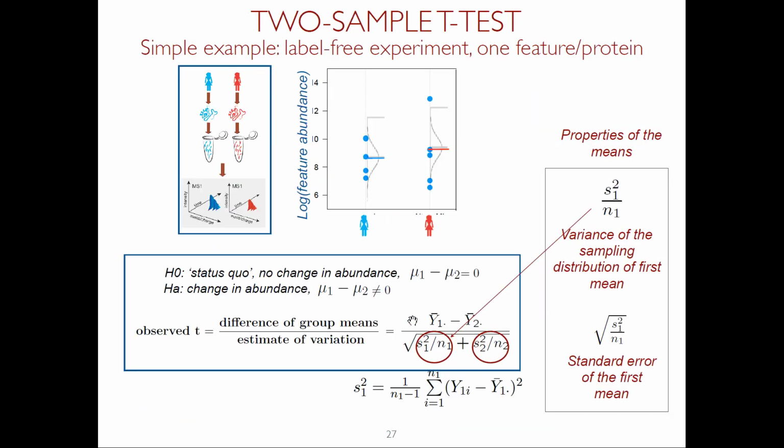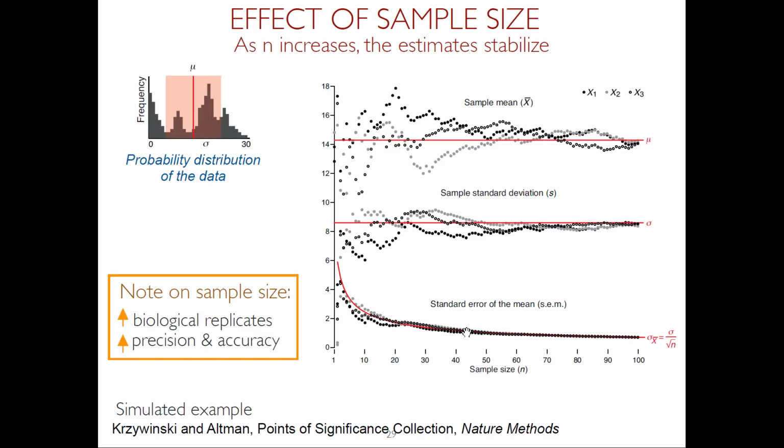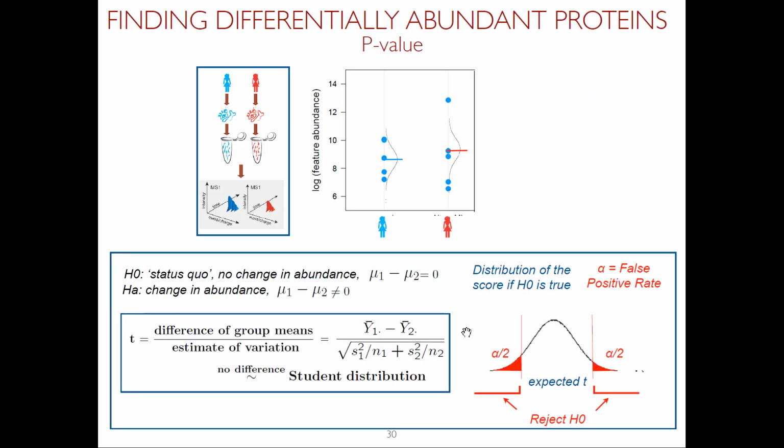So now we can construct this signal-to-noise ratio based on the understanding of what it means to have noise in the means, right? So this is the sampling distribution. Okay, so I'll skip that. And so now what we need to do is to